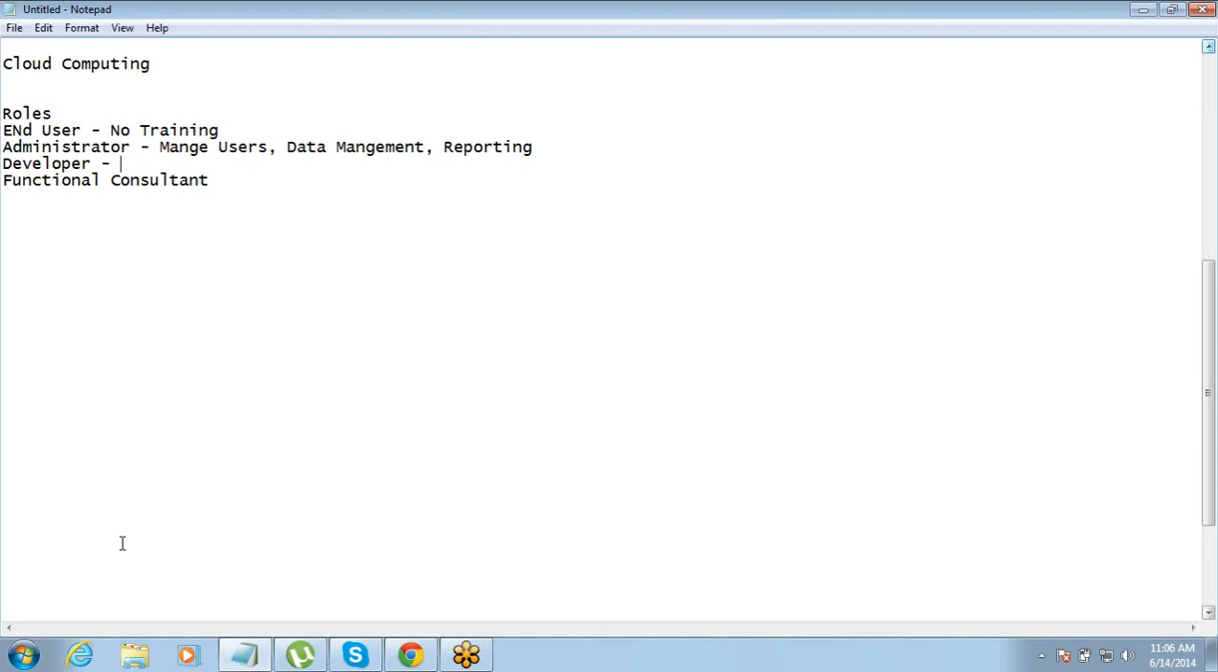A developer is a person who can design apps or customize the existing apps. So if you purchase an app from Salesforce, a developer should be able to customize that in terms of your requirement, right? So let's say there's